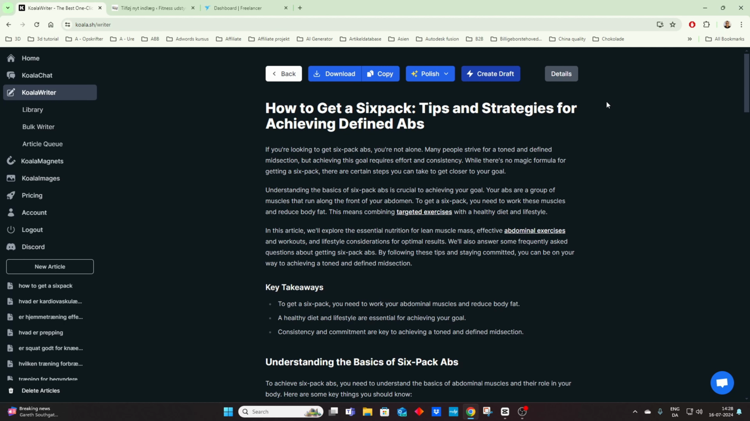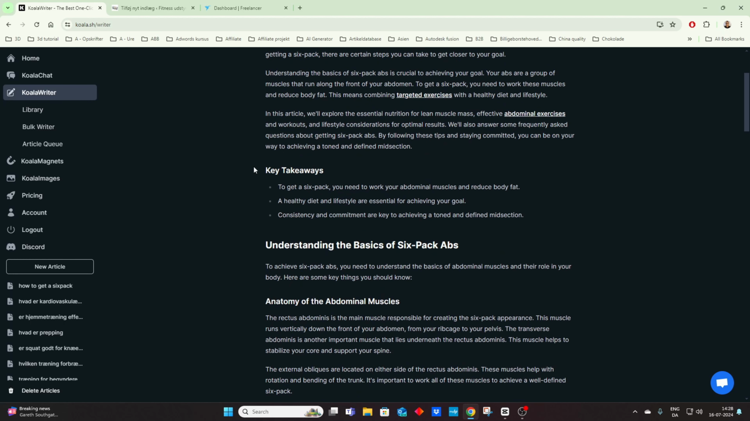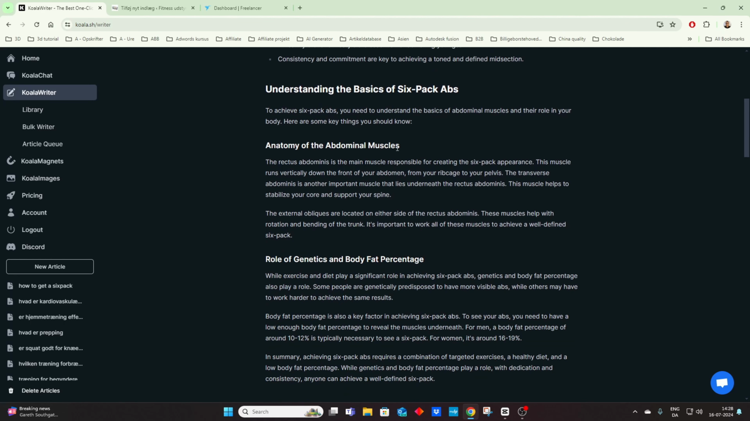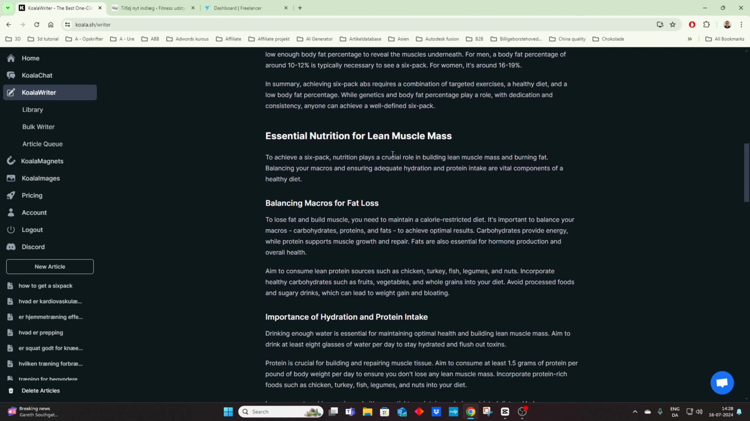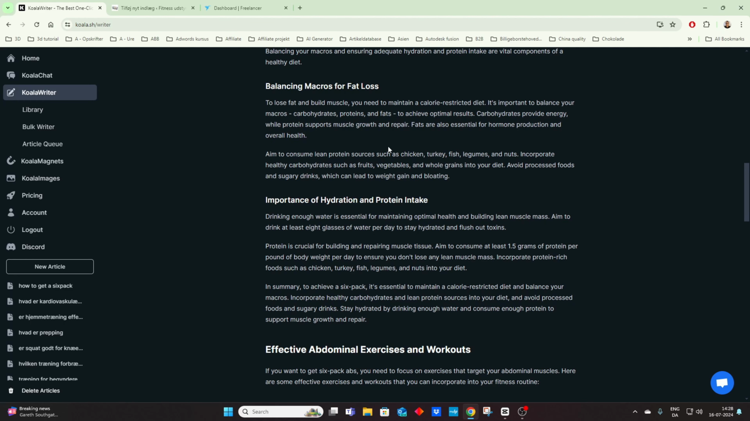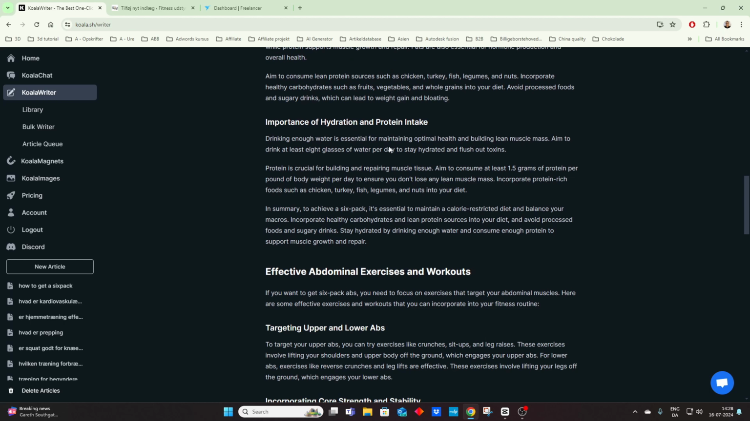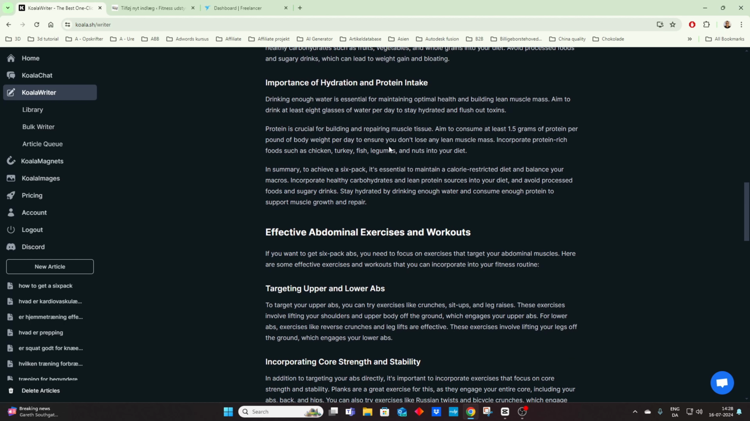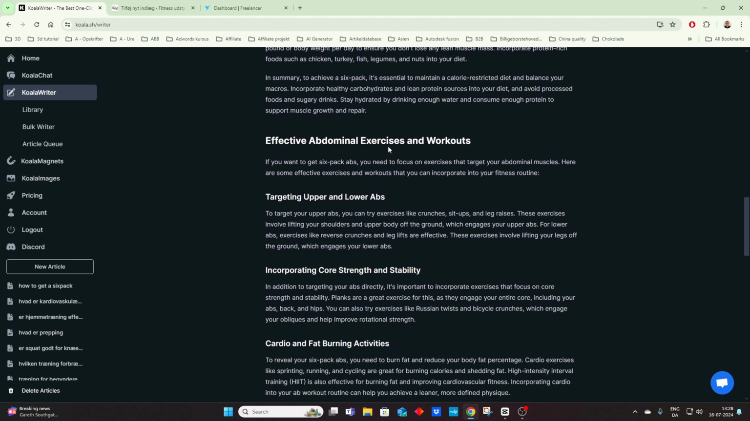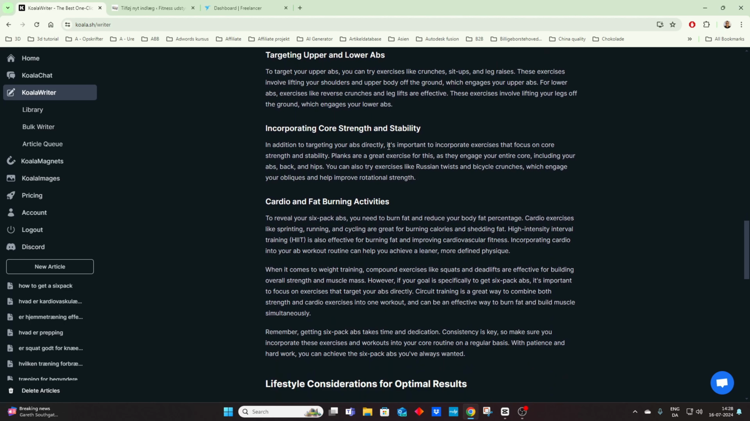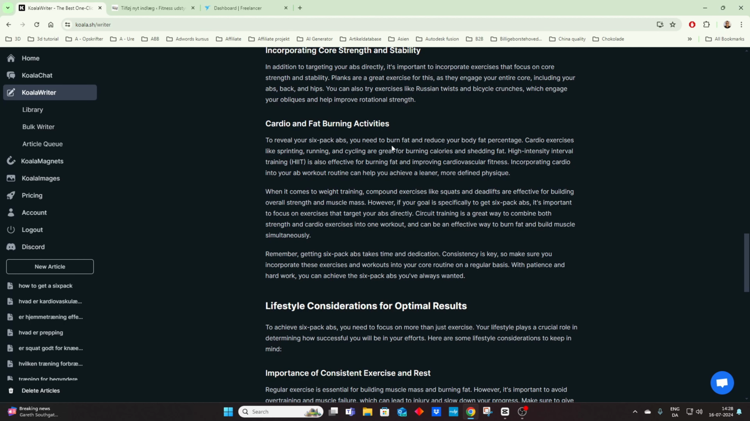Okay, now the article is ready. We can see it got a heading, H1 here. I think this one is H2 and this one is H3. So, okay, you have to read it through and look for flaws and errors and maybe rewrite certain parts of it. But most of the time, it has no flaws at all, actually. It is very clear language, and